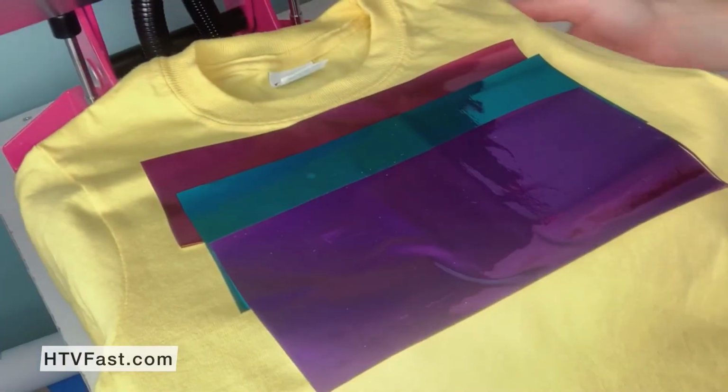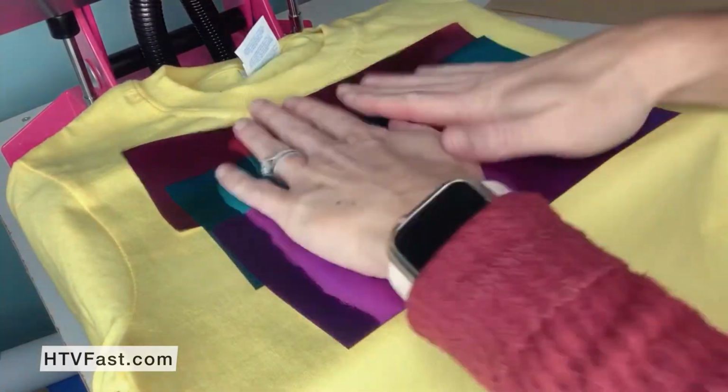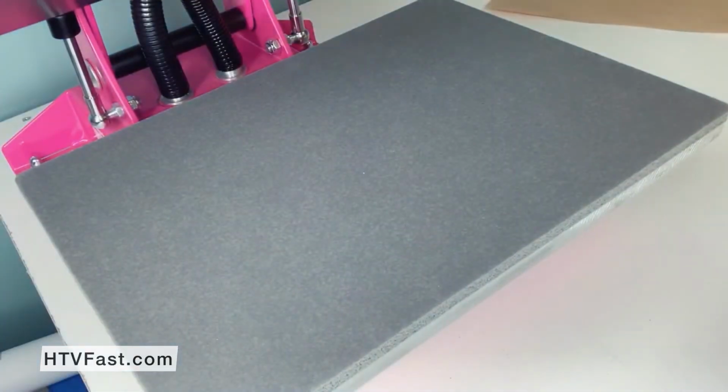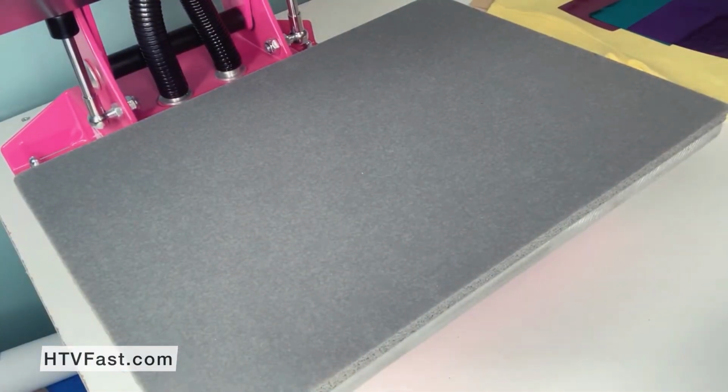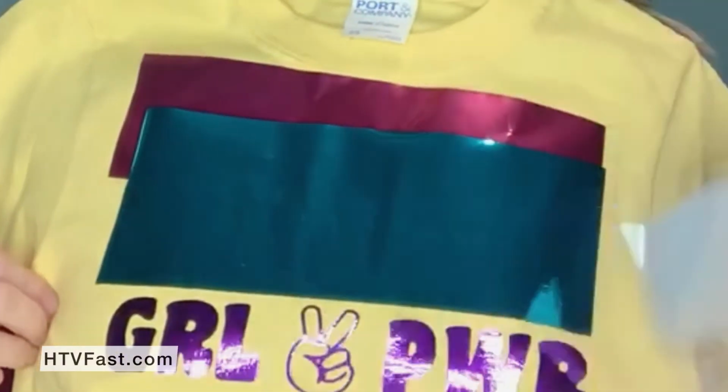So as you can kind of see that the design is imprinted into the foil, that means you have a good adhesion on it. So we're just going to take it off carefully. Okay, so now our foil is applied onto the garment, and I waited a couple minutes for it to completely cool. So once it's completely done, you are good to peel. So since we layered the foil from top to bottom, we are going to peel from bottom to top. So peel, and look at that